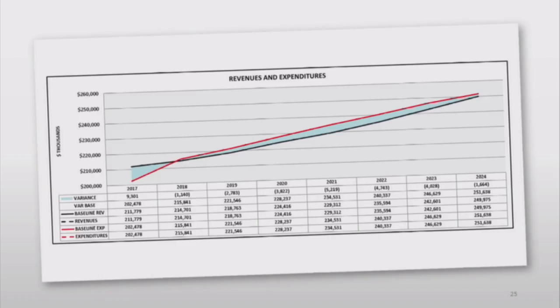So they asked me to put this chart here. You kind of like to see how the revenues and the expenditures correspond with each other. This light blue line is the variance. The red is the baseline expenditure. And then the black is the revenue. So you can see how our revenues are higher than our expenditures. There's a gap there, but the gap narrows in 2024. And as I mentioned, that's because our retiree payouts are improving. Okay. Any questions?